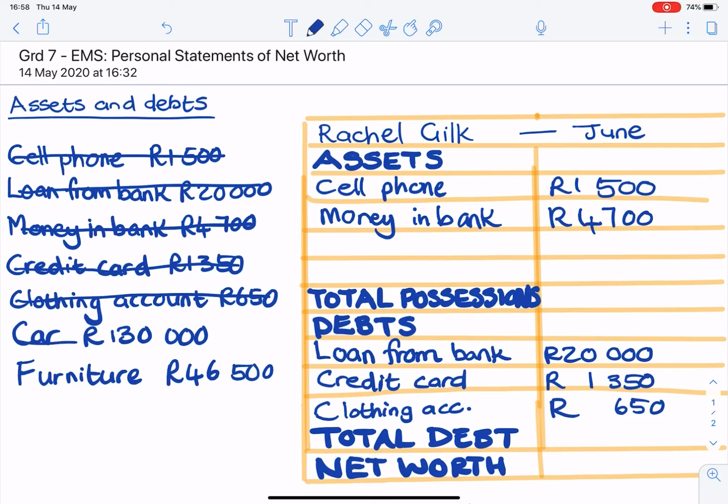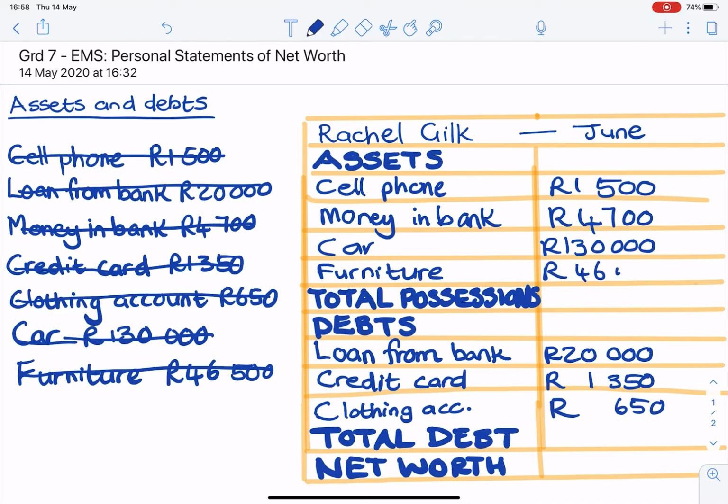She owns a car, so it is an asset, and her car is worth 130,000 Rand. And then she owns furniture, which is an asset because it belongs to her, and that is worth